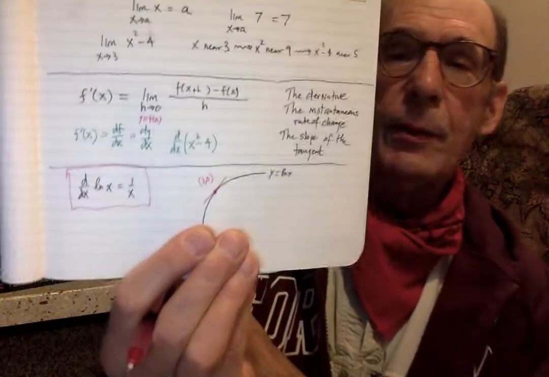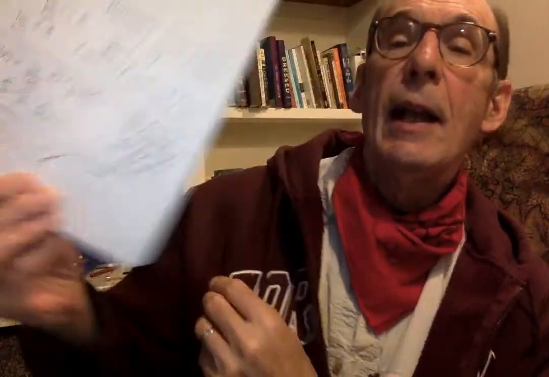And let's pick out a couple of points. At the point (1, 0), the natural log of 1 is 0. So that's one of the points where we can actually calculate the log. So this is at (1, 0). The slope of the tangent, I'll draw a little tangent here. So there's a spot on the graph of natural log, and the slope of that tangent line,